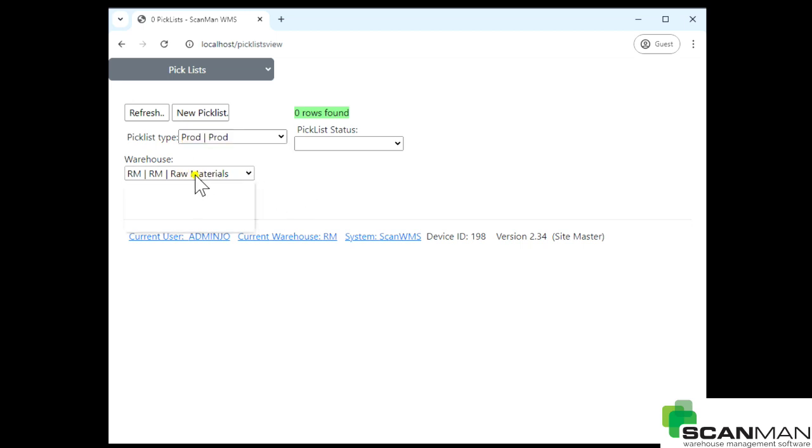There are no pick lists, and the pick list is in the raw materials warehouse that we're going to set up, picking from the raw materials warehouse to the production warehouse. So this shows you that there are no pick lists of type production, of any status, for this raw materials warehouse. So click on a new pick list,